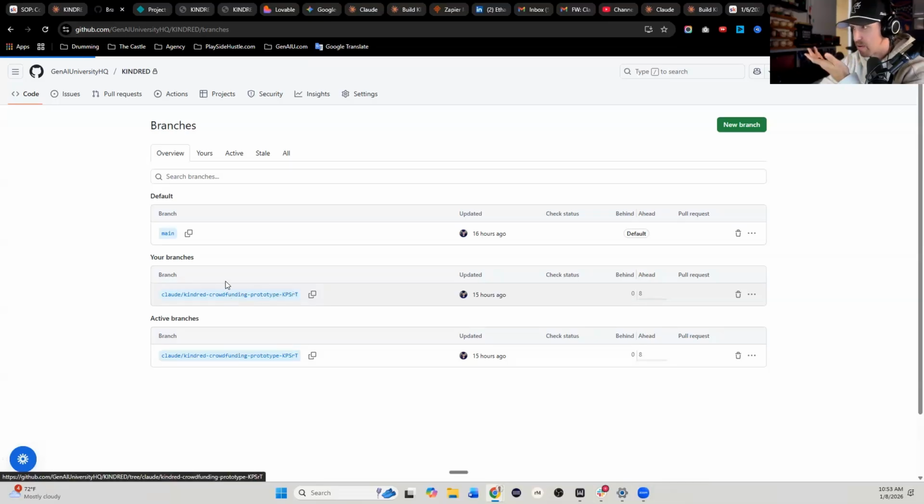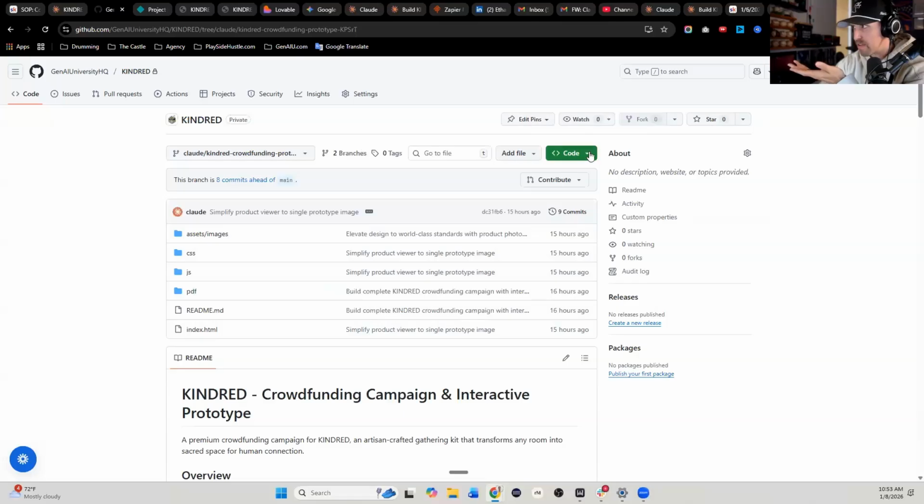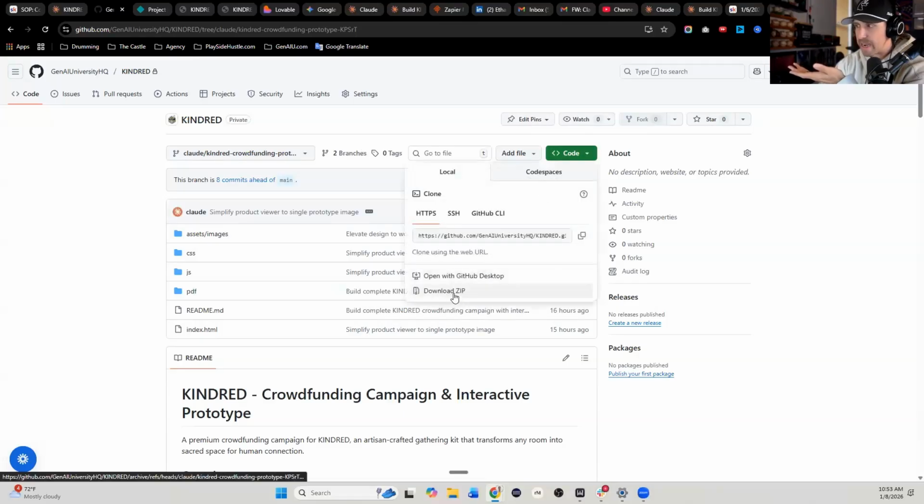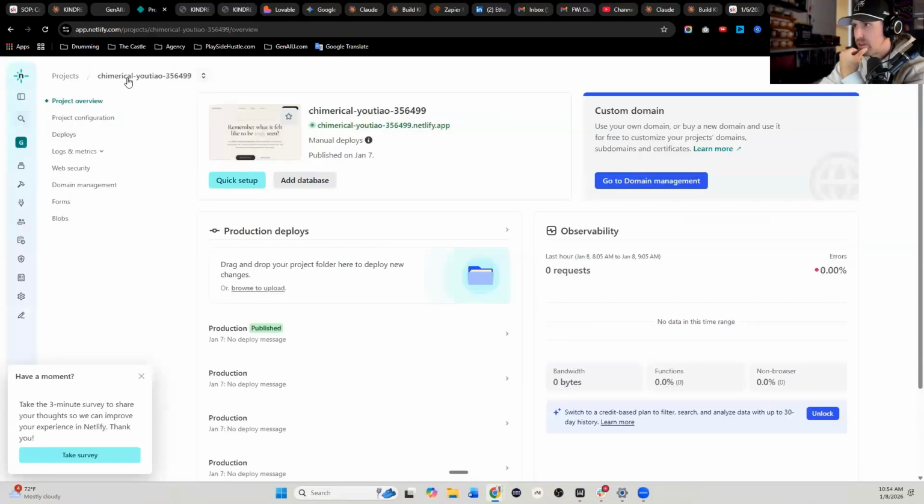And so I was like, okay, cool. Claude built all of this up. All I had to do was download the zip file. And again, there are other tools that can probably do this. The one that I found that I've just been working with is, once I download the zip file,